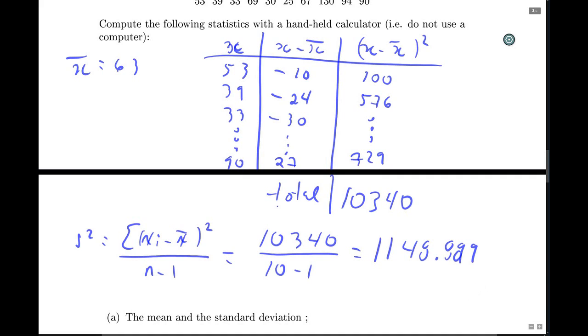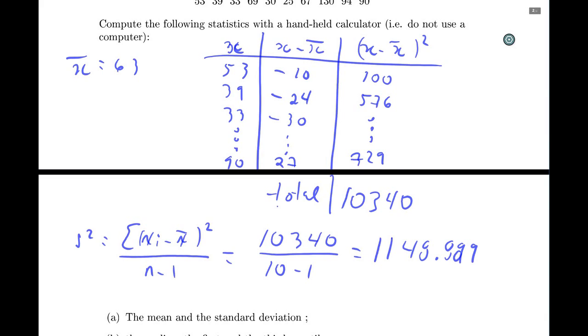Of course, this is in squared units, so this is number of deaths squared, which is usually very difficult to interpret, and so we'll revert back to the original scale of measurement, which is number of deaths per year,